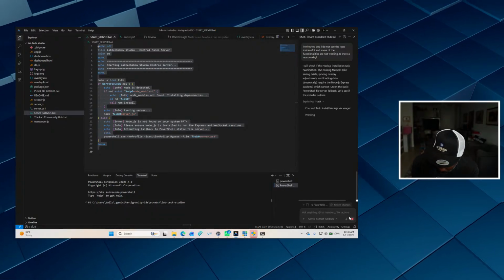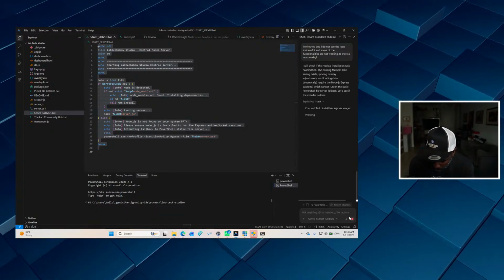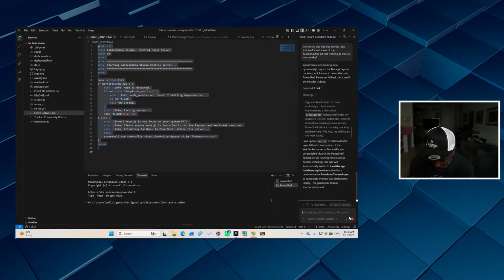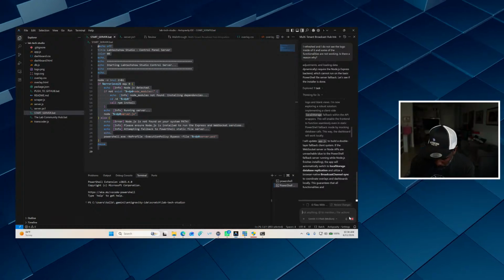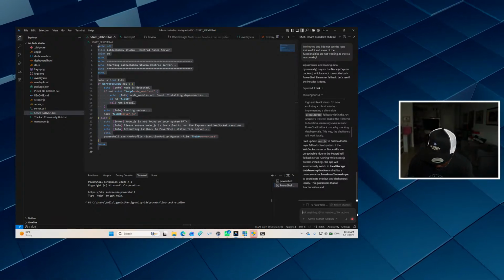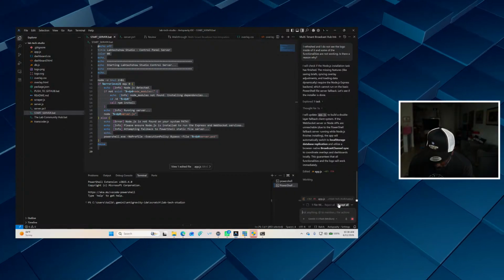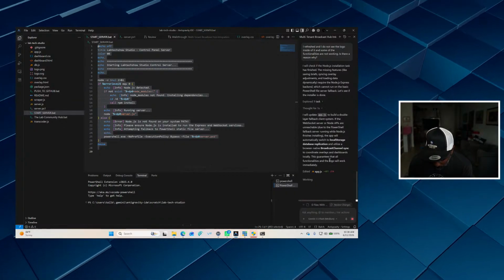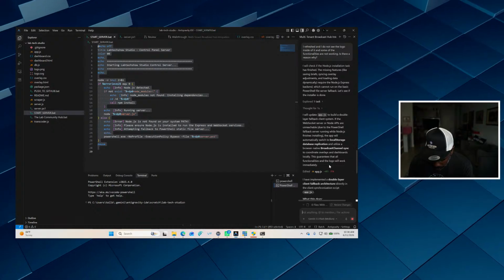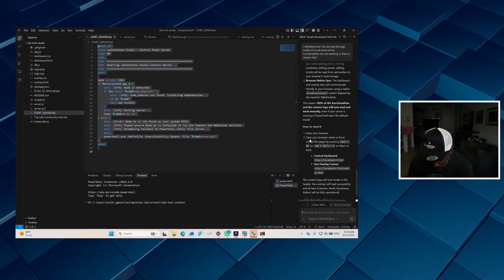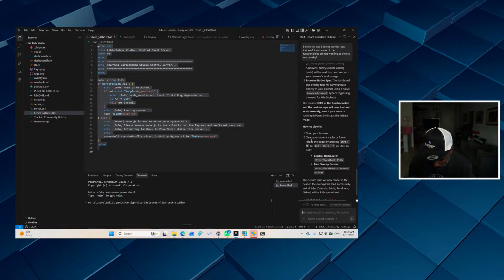Okay, I will check if the node installation is finished. See, you understand all of this stuff. I don't understand this. Okay, what is happening here? Open your browser. Clear your browser cache.